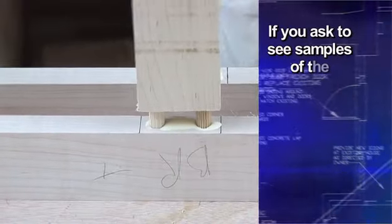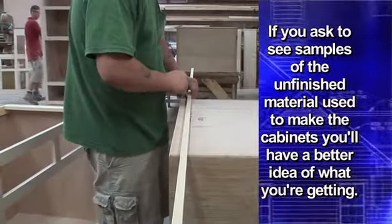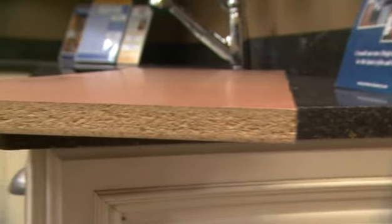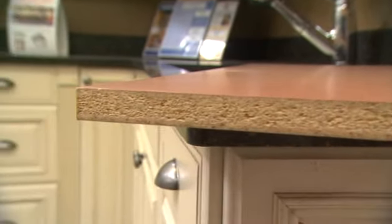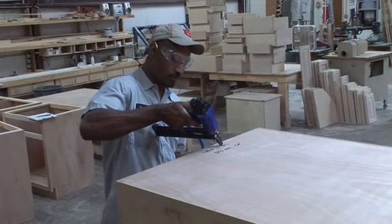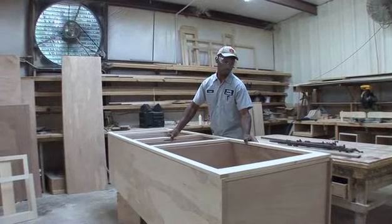There may also be some differences in the materials used. Custom cabinet shops tend to use primarily solid wood and plywood, while large manufacturers may rely on composite materials with wood veneers for all but their highest-end products. In either case, you can get quality cabinets if you do your homework, but you still have to decide on what they'll look like. What I like to say in terms of cabinetry is we have to suit the needs